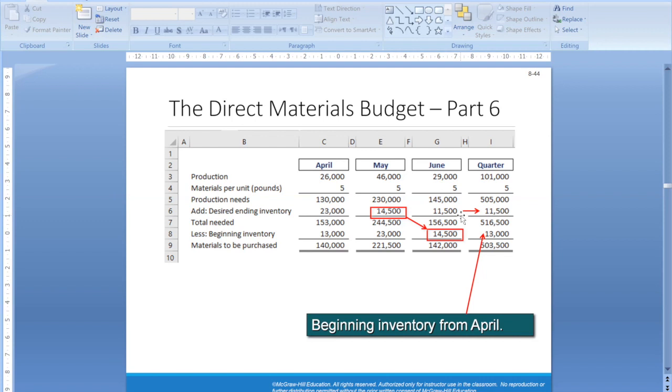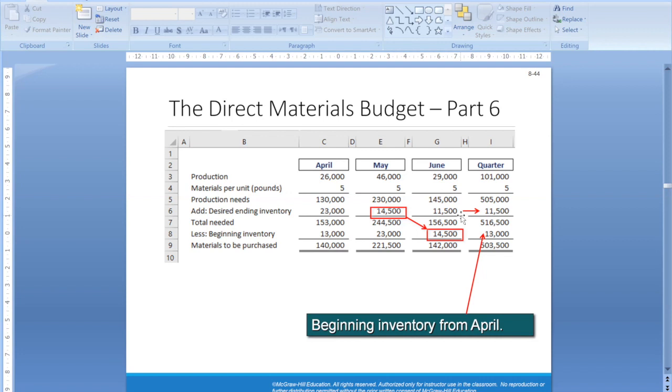I need 10% of the following month needs. So I need July needs for production, which is not calculated so far. So I have to go back to prepare the production of July, multiply by 5 to have the total needs in pounds. But I don't have a production of July. So I will go back to prepare July production first, and then I will use the number here. So the 11,500 comes from where? 10% of 115,000 pounds